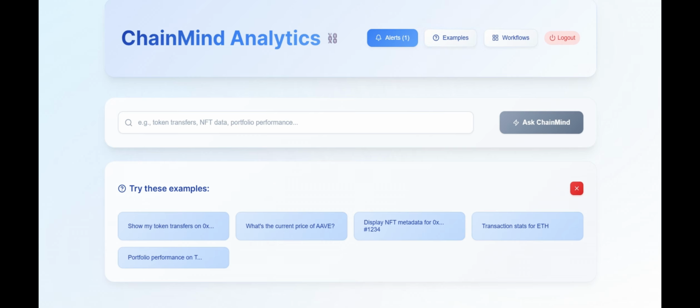We can use the search bar provided here to ask any blockchain or web3 related queries or any wallet fetching queries in natural language, and it will give us some charts as a response. I'll be showing you all the different types of charts and different types of chains this application can work on. So let's start with the token transfers fetching system for Ethereum wallet. For that, let's use some example.